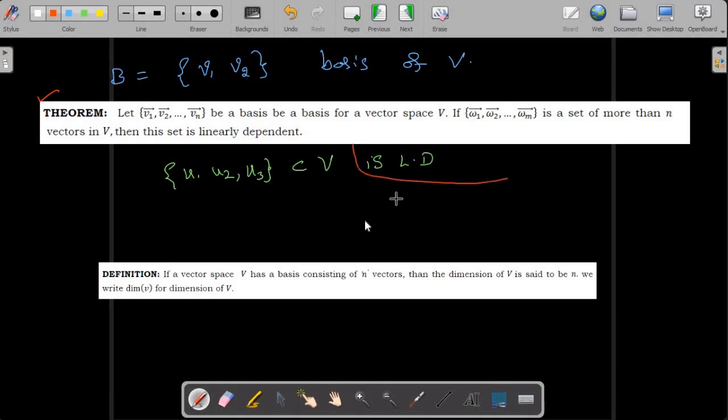We'll say that this is wrong, and we'll assume that this set is linearly independent. Okay, if this set u1, u2, u3 is linearly independent,